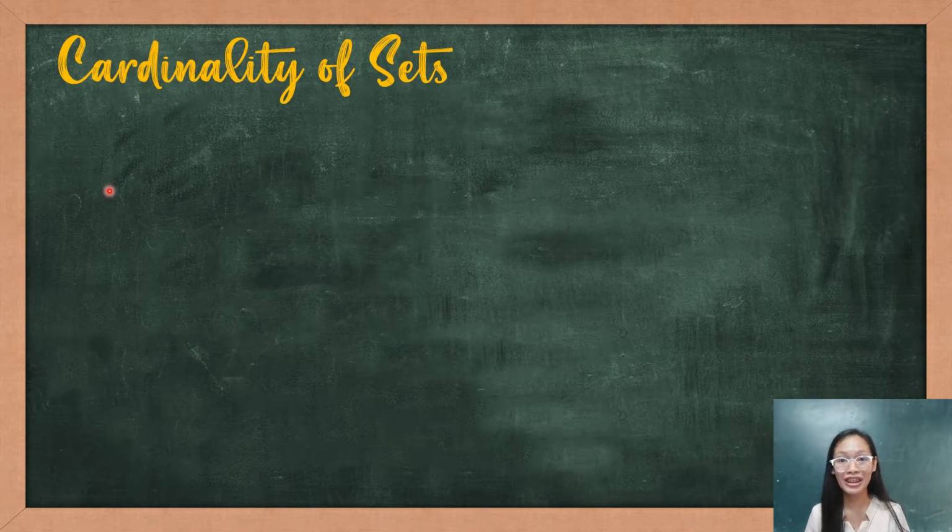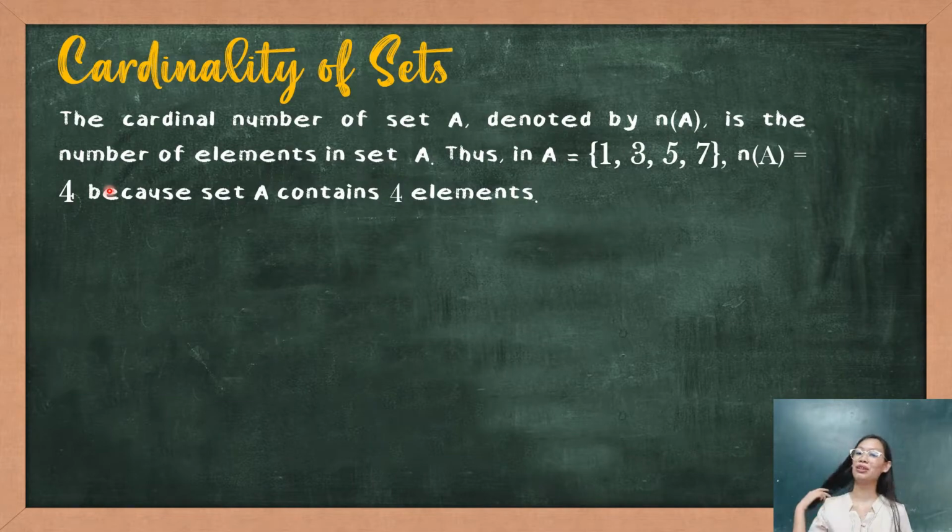We have the cardinality of sets. Ano na naman ito, class? If we talk about the cardinal number of set A, it is denoted by n of A, the number of elements in set A. Thus, in A, the elements 1, 3, 5, and 7, the n of A is equal to 4 because set A contains 4 elements. Sa madaling sabi, class, kapag cardinality of set yung pinag-uusapan, bilangin nyo lang kung ilan yung elements, iyon na yung